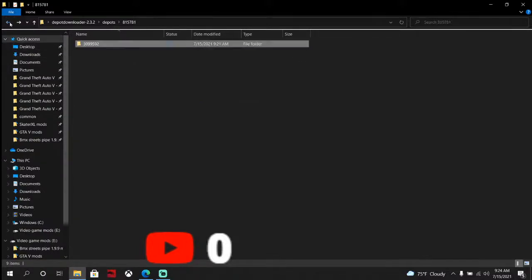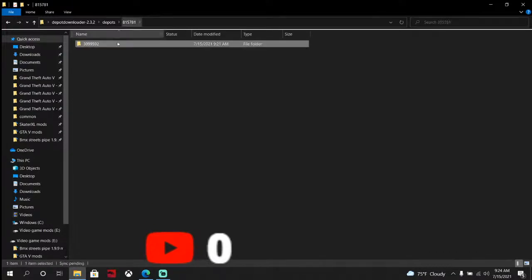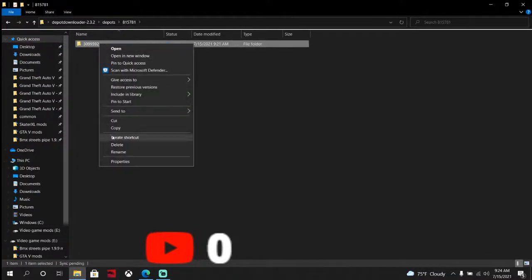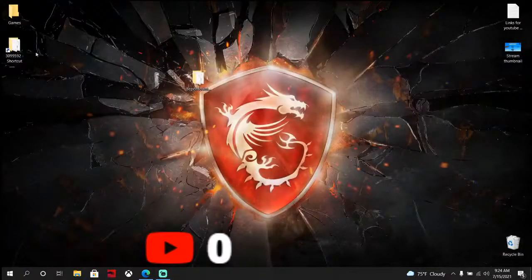Now, what you can do is go backspace until you get to these numbers, till you get to 3099592. So what I like doing, like if I double click this, here's my directory. So I'll go back to this. Right click, send to desktop, create shortcut. Now you can exit out of this, and then you can drag this folder right here into your recycle bin,